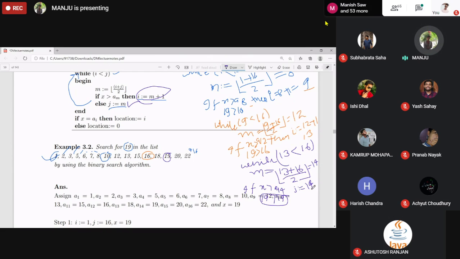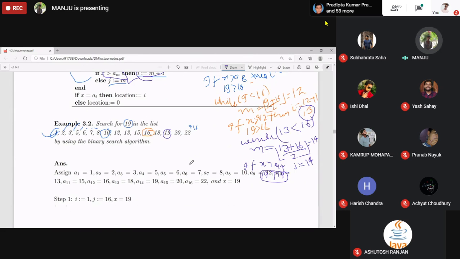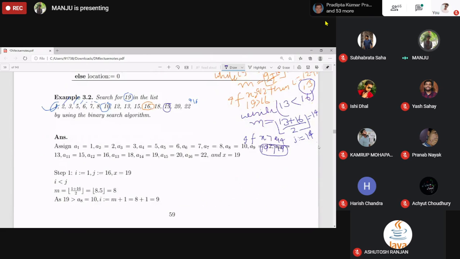The latest i was 13. I is not changed from 13, but j is changed from 16 to 14, that is from n to m, because this condition was false. Now the latest i is 13 and j is 14.